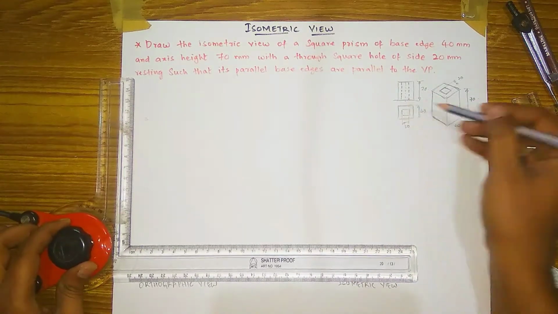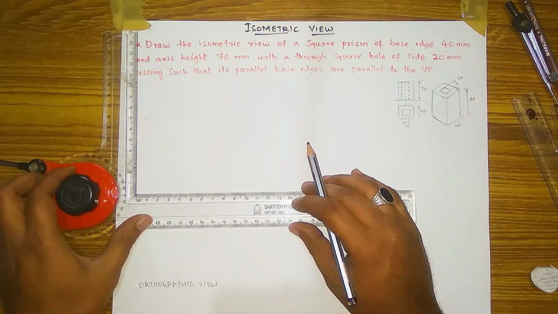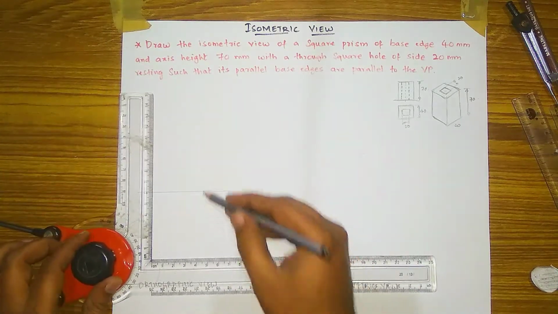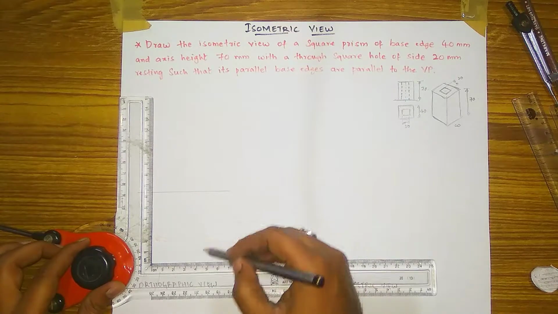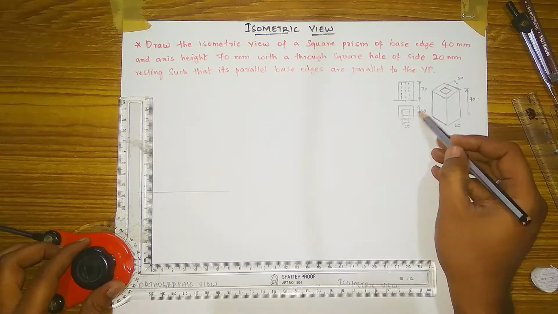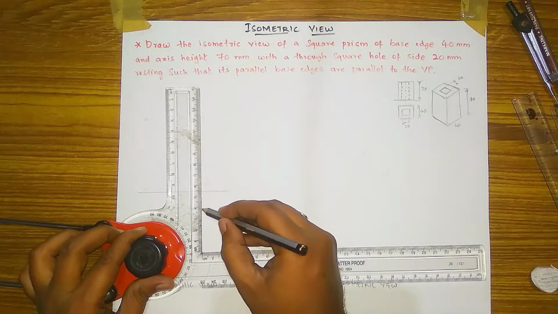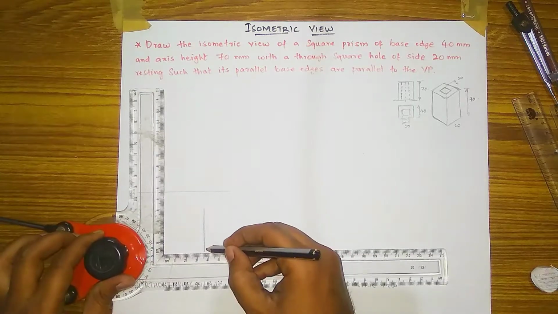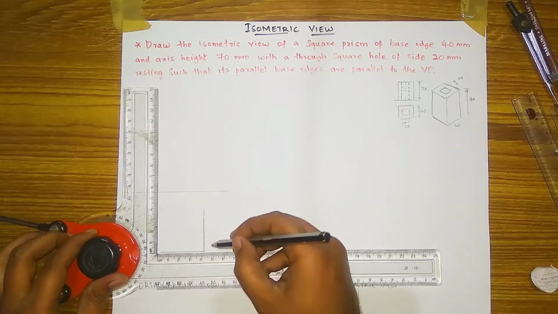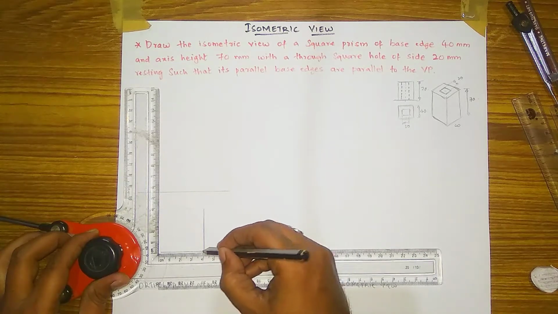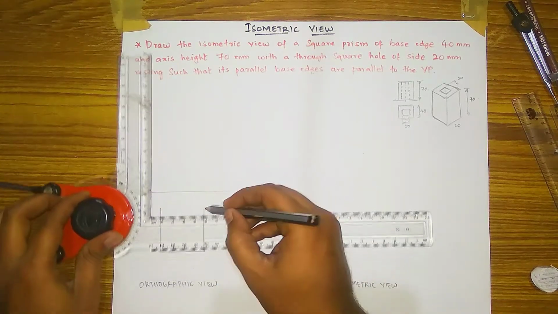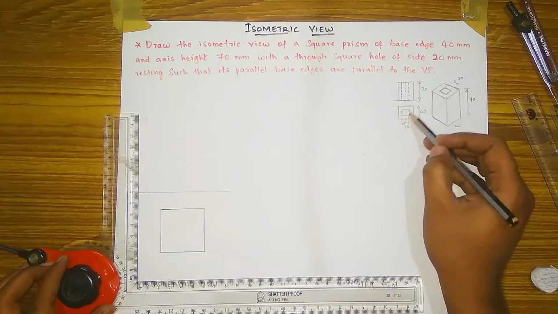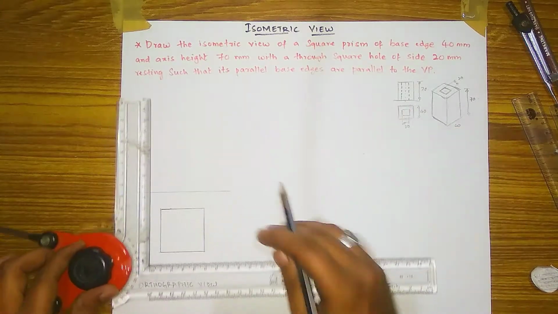So first we have to draw the orthographic view, then the isometric view. So how to draw this? First we have to draw the orthographic view by taking the common reference line or XY line. Then to draw this 40 mm square, draw a line of 40 mm like this, and from here 40 mm like this, and a square of 40 mm is created. In that, a 20 mm square is also there. So to draw that 20 mm square,